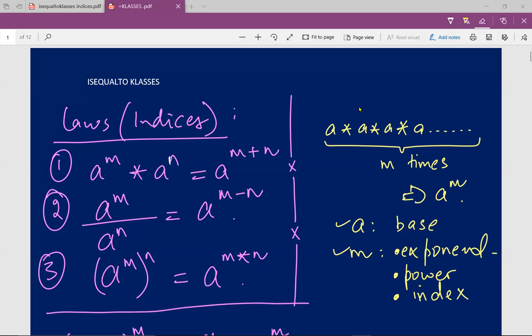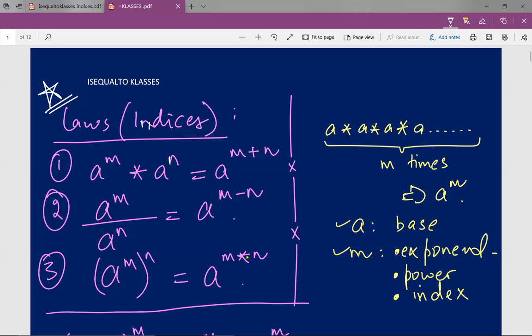Okay, so the agenda of this lecture is to study indices. This lecture is good if you are preparing for competition. This lecture is also useful for you if you are in 9th or 10th class, and if you want a general introduction to indices with whichever class you are in, this lecture would be pretty useful.